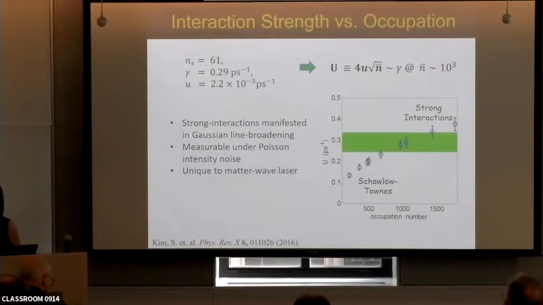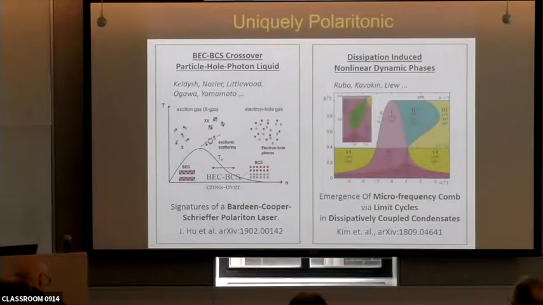So this was already first described for atomic lasers, so it's not unique to polaritons. But the nice thing about polaritons is the interaction nonlinearity is stronger. Such a line broadening was actually not seen in atomic lasers because interaction is relatively weak, and it's quite pronounced instead in the polariton systems. But you could say that if one works hard enough, you will be able to see the same thing for atom lasers. So what could be something that's more unique to polaritons?